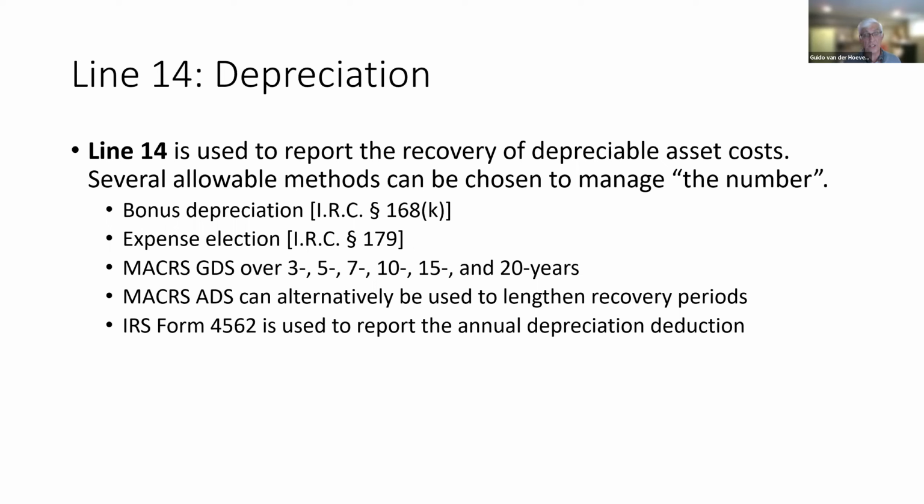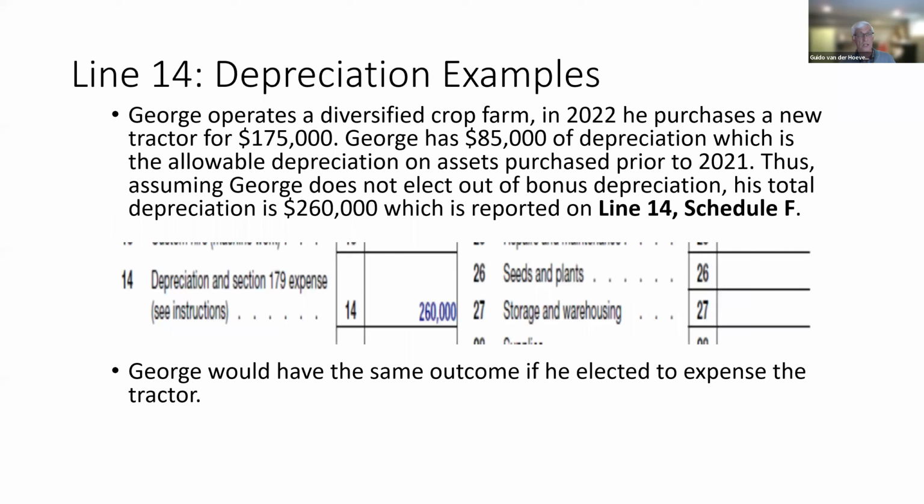We have the expense election. It's Section 179, and that goes up to a little bit over $1 million. We have MACRS, the general depreciation system. So for agricultural assets, they're going to fall into the 3, 5, 7, 10, 15, or 20-year recovery periods. And MACRS ADS, that's the alternate depreciation system, can be used to lengthen recovery periods if we're just getting started. And we use a separate form, Form 4562,